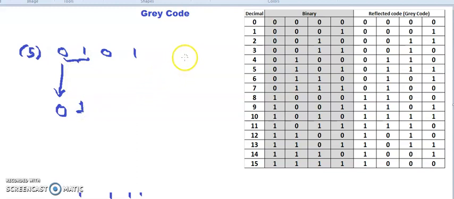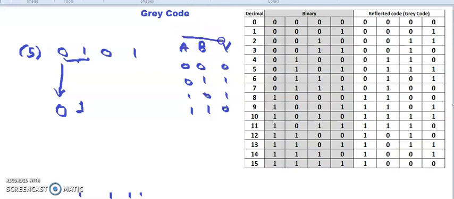Let me write the truth table of exclusive OR. In exclusive OR, if two inputs A and B are there, then exclusive OR of 0 0 is 0, exclusive OR of 0 1 is 1, exclusive OR of 1 0 is 1, and exclusive OR of 1 1 is 0. This is the truth table of exclusive OR. So in exclusive OR, if 2 bits are different, then we will have a 1 in the output. It's very easy to remember.